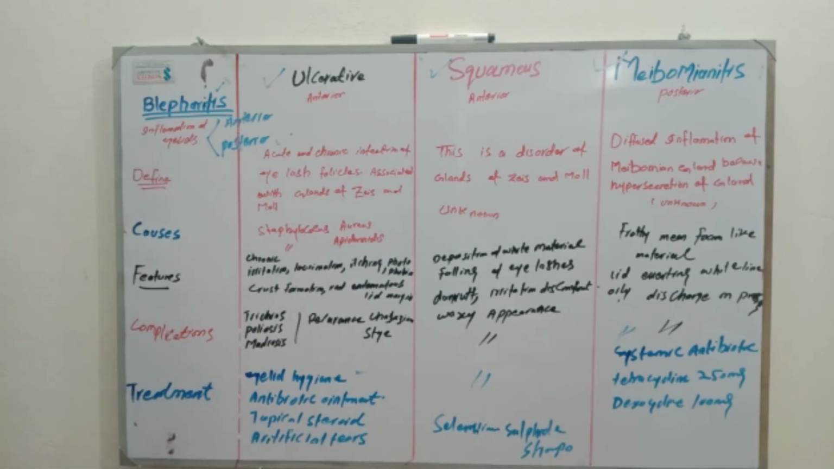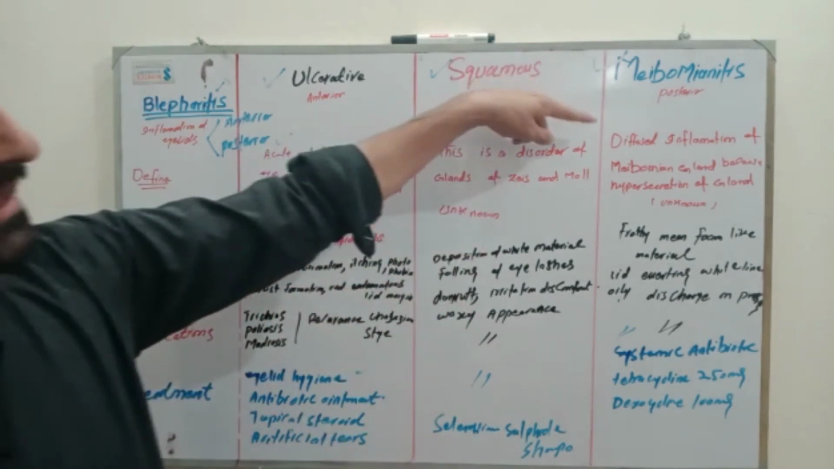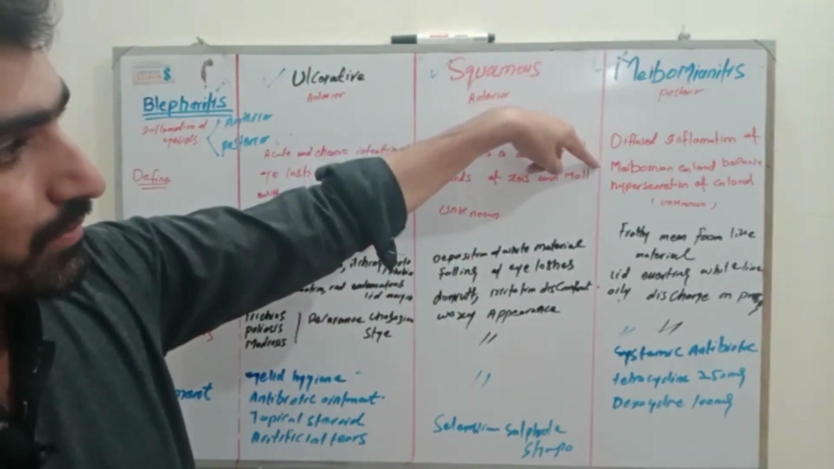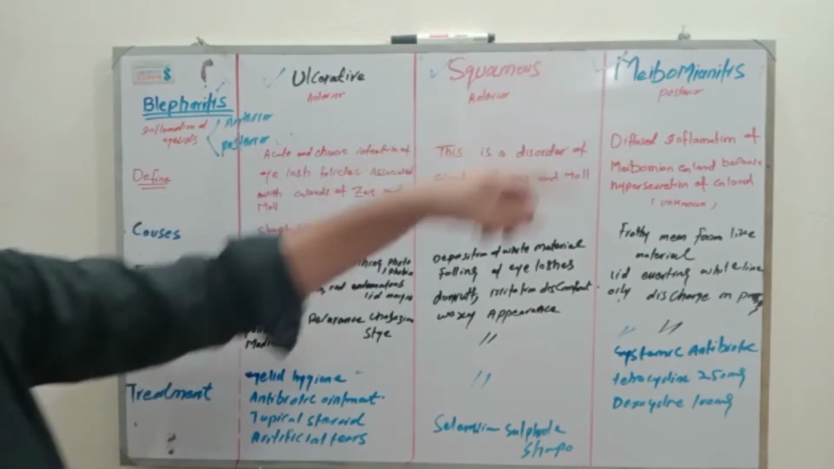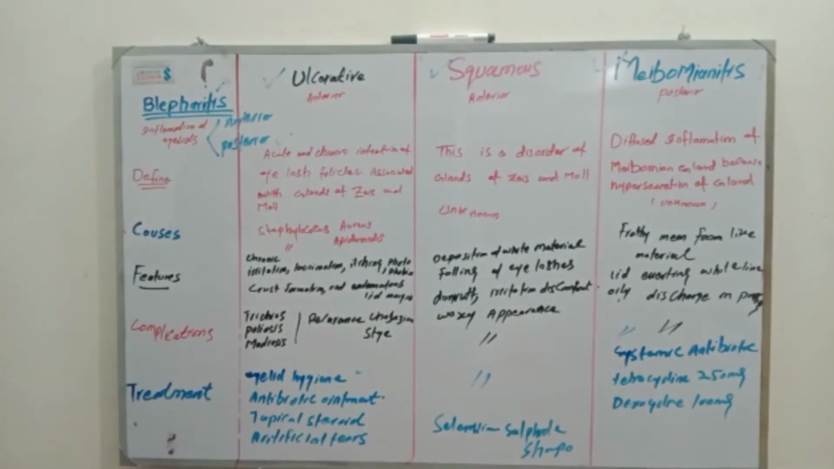The third and the last type of blepharitis is Meibomian blepharitis. This is the posterior type of blepharitis. What is the definition of Meibomian blepharitis? The diffuse inflammation of Meibomian glands characterized by hypersecretion of the gland is known as Meibomian blepharitis. The exact cause of this is also unknown. What are the